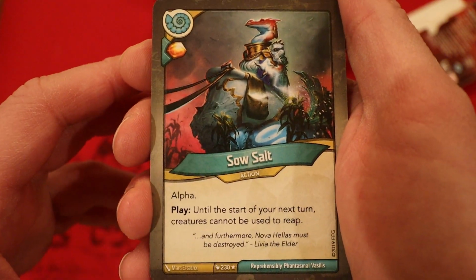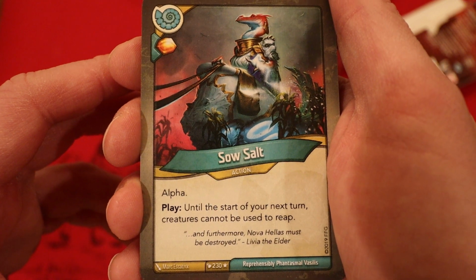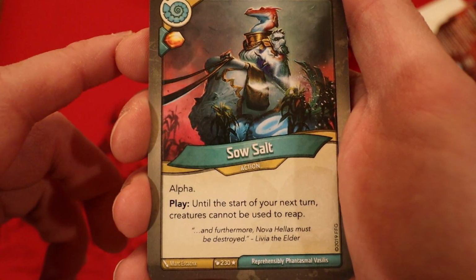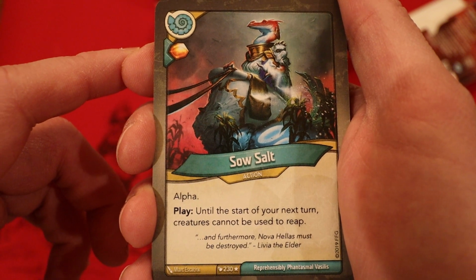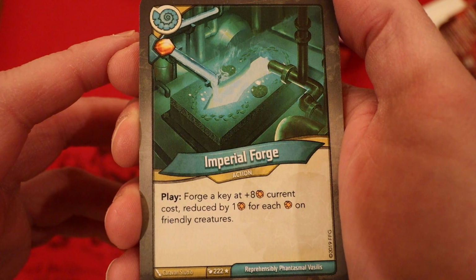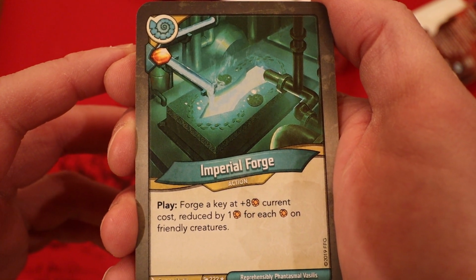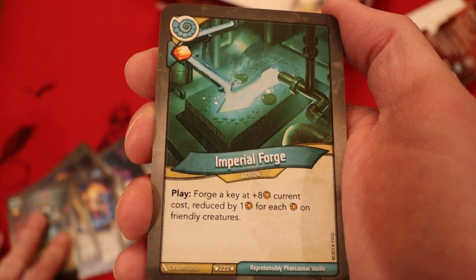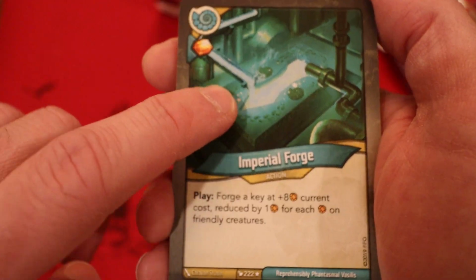Now we're on to Saurion's It's So Salt. It's an Amber whenever you play it. Alpha, meaning it's the first thing you have to do on your turn. You can't use cards or play another card before this if you would like to play it. Play until the start of your next turn. Creatures cannot be used to reap. Interesting. Imperial Forge. Amber whenever you play it. Forge a key at +8 current cost, reduced by 1 for each Amber on friendly creatures. We didn't have anything in Shadows that would put Amber onto itself like Hugger Mugger, but let's see what Saurion